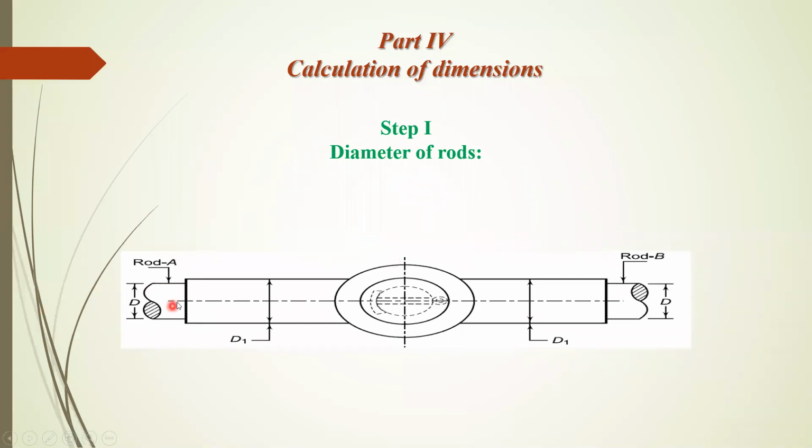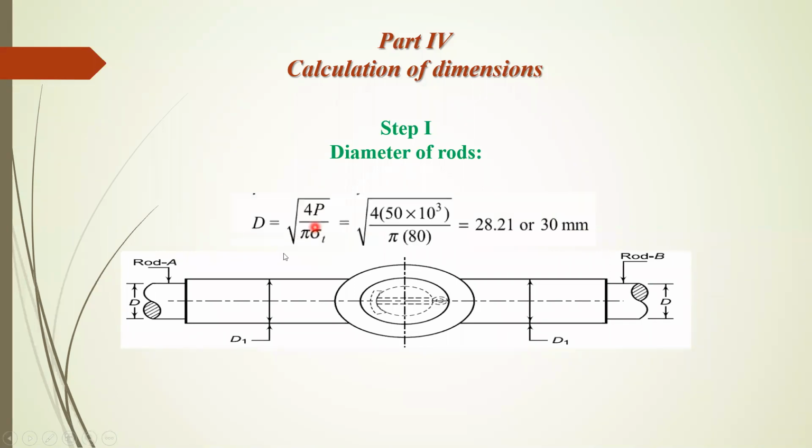See, the rod is subjected to only tensile stress. Here P is the force acting at the end, so the rod is subjected to only tensile load. So based on the tensile stress formula, we can calculate the diameter of the rod, capital D. It is just sigma T is equal to force divided by pi by 4 D square, that is the cross-sectional area of the rod. Rearranging in terms of D, D is equal to the square root of all this term. We know all these values.